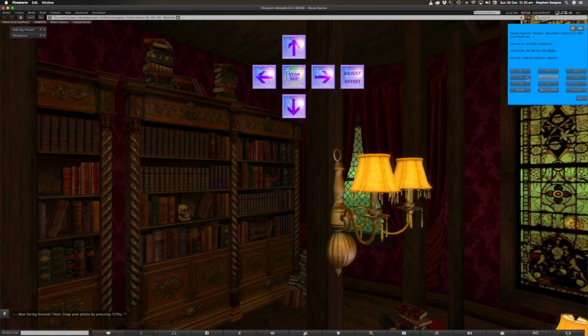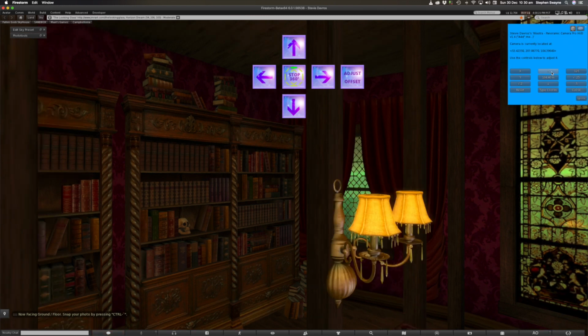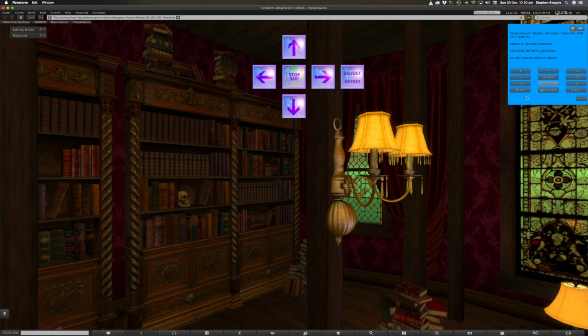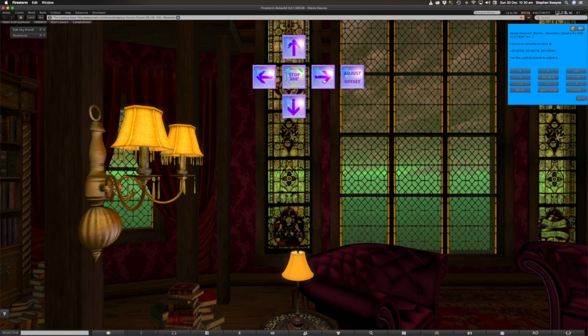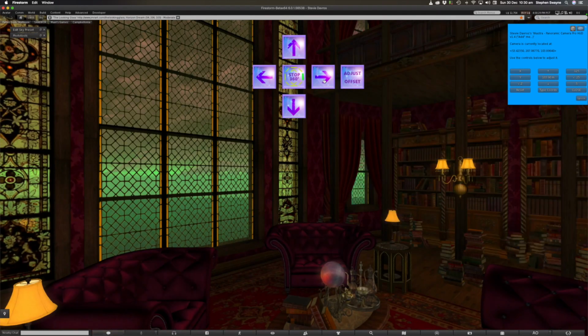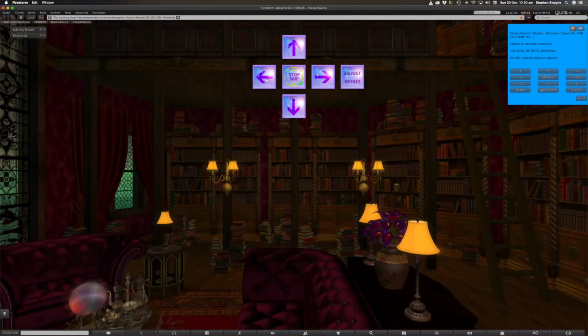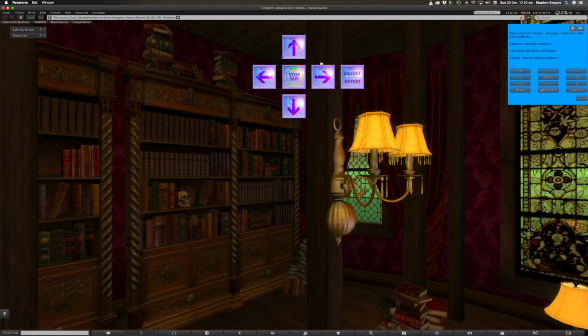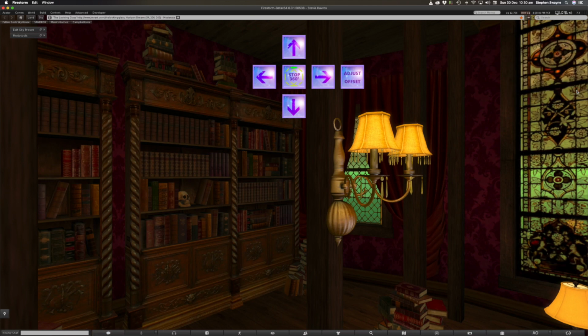Okay, so to change your position, let's say we wanted to adjust our height and go a little bit higher or a little bit lower. So we'll just see where that looks. That's fine. So you get your position honed, and it's just a bit of trial and error till you work out what's best for you and wherever you are. You close it when you're happy, and we're now ready to start capturing the 26 separate images that will make